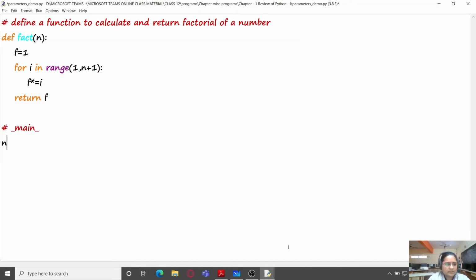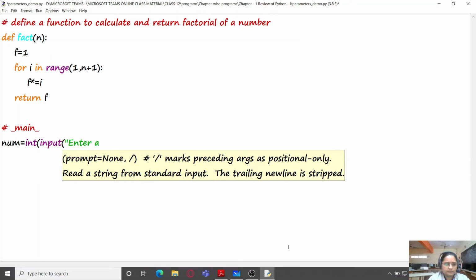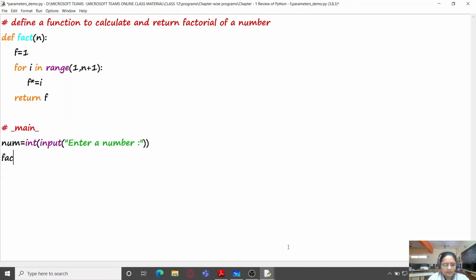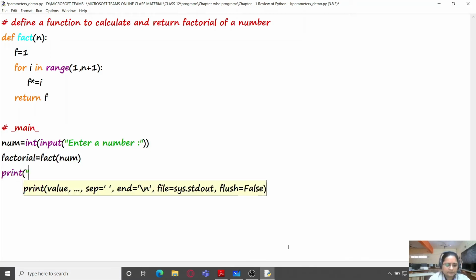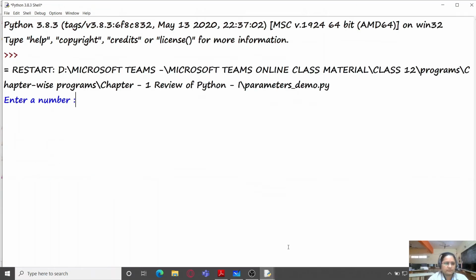So here I'll be asking for the number from the user, and we'll be printing the factorial. Suppose I take factorial as a variable and I call this function and pass num to it, and I print it. Factorial of num is factorial, and I'm going to run the program.